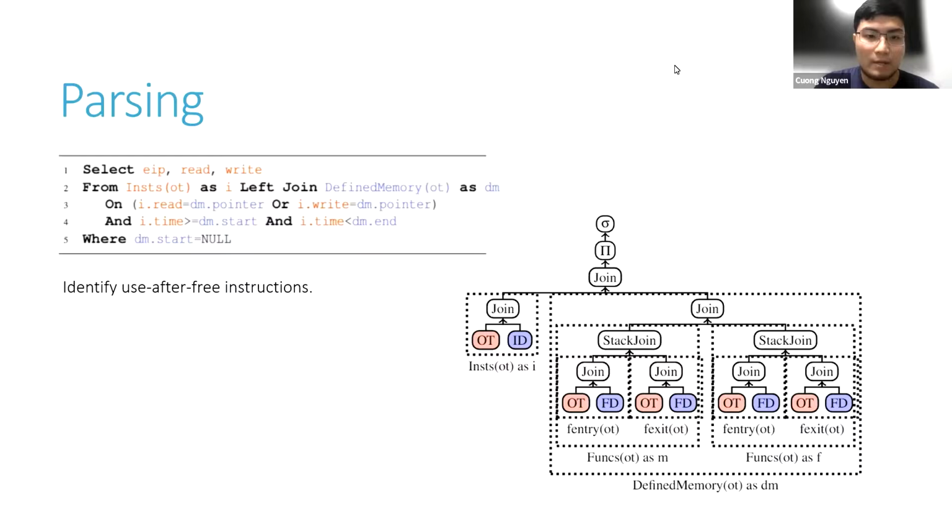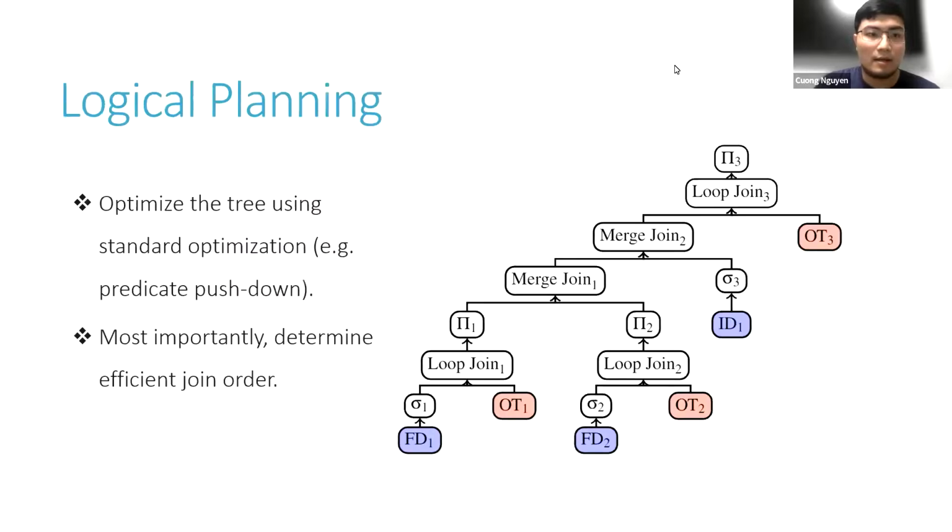The defined memory is itself a view, so it also has its own tree. You can see that this initial relational tree is very inefficient because it has to materialize all of the data before it, and then it filters the data in the end. So it's very inefficient. Now in the logical planning phase,